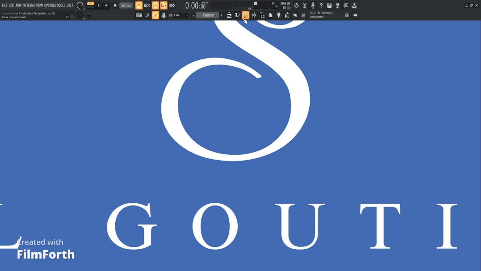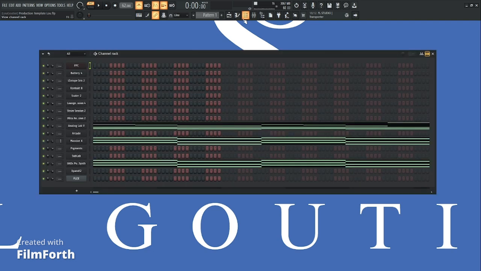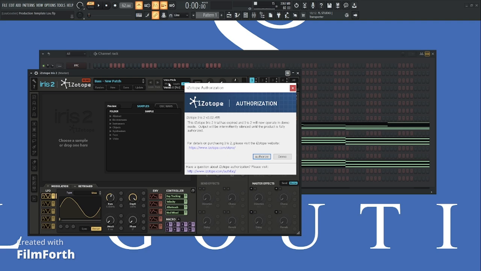Isotope has a sampler or synthesizer called Iris, right? And when I was scrolling through the sounds, I didn't really like it. Me personally, it wasn't really for me, but it's something that I did get. I got it with a purchase. It was free at the time, and in this template, I have it loaded up, right? So let me see. Yep, right there. Isotope Iris 2. I have it loaded up because there may come a time where, hey, I want to use it. It's saying I still need to authorize it,